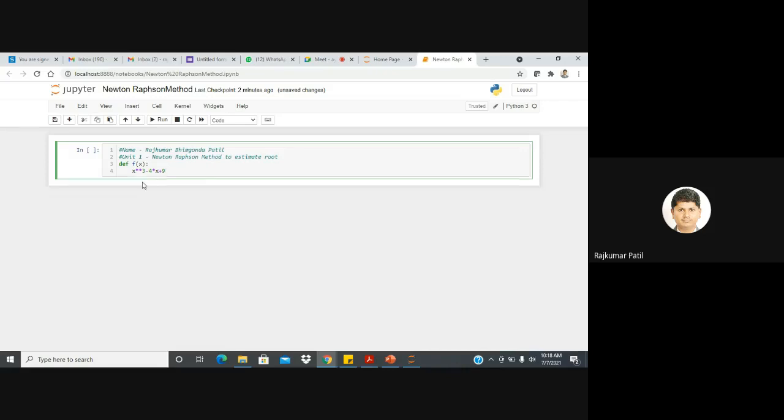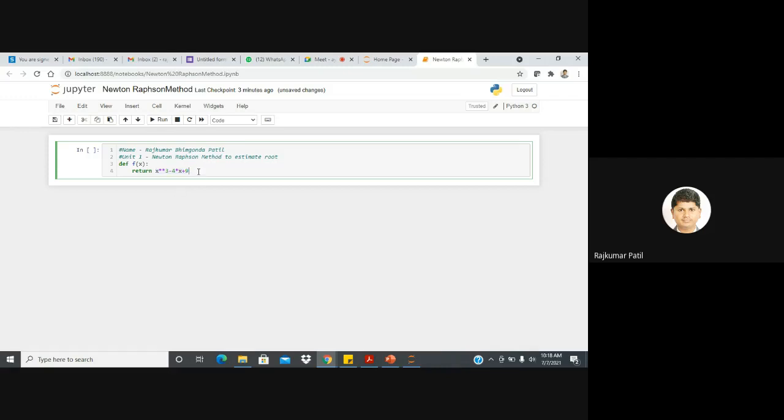Then we need to put a return before that equation, so that whenever you call f of x, it will return the function f of x as x cube minus 4x plus 9, and if you put any value of x, it will give you the answer for the same.